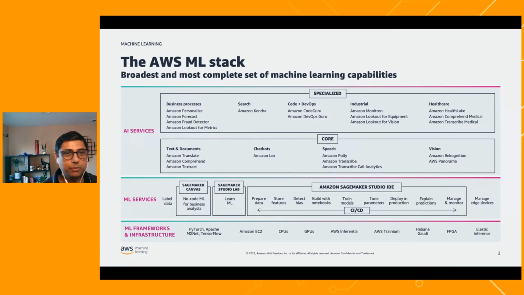If you look at the AWS ML stack, we are innovating on behalf of our customers to deliver the broadest and deepest set of machine learning capabilities for builders of all levels of expertise. At each layer of the stack, we are investing in removing the undifferentiated heavy lifting so that our customers can move faster. At the bottom layer, expert practitioners can develop on the framework of their choice as a managed experience